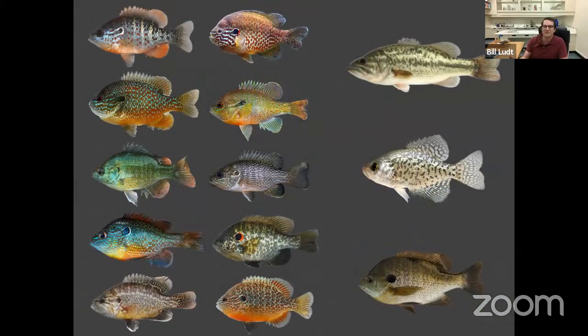Now, you might have gone fishing in the past, and you might have caught fishes that look like this. These are bluegills and other sunfishes, largemouth bass or crappies. These are very popular freshwater sport fishes, or maybe you've gone saltwater fishing. If you've ever gone fishing in general, though, and you've held a fish, you can tell that it's pretty slimy. And this slime serves a couple of main purposes. It really helps fishes move through the water, so it reduces drag. It has antibacterial properties to help keep the fishes healthy,